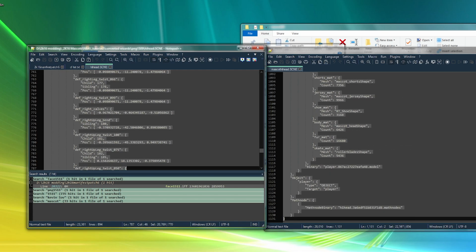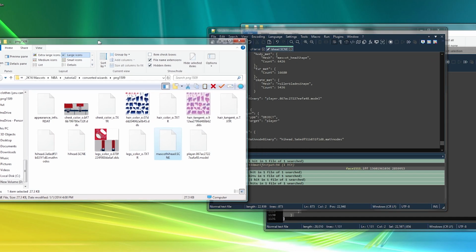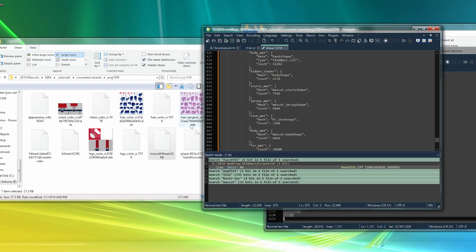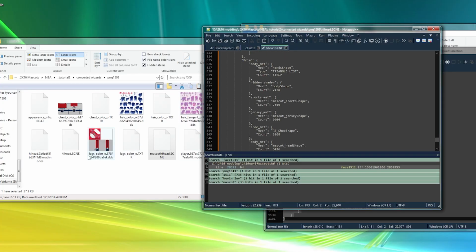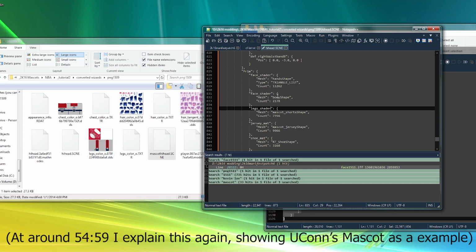copy, model, copy. Now pay attention here. I'll go over what you need to do. Since now we have the shoes and the shorts merged, it's mostly all still the same thing. Body mat, that becomes face. Hidden shader, that becomes face. Shorts.mat, since this is now a part of the legs file, this is going to become legs. And I'll probably have something in the video or maybe a part of the file in Discord that goes over this, but for shorts, for other mascots,